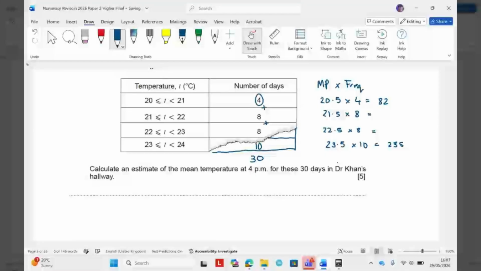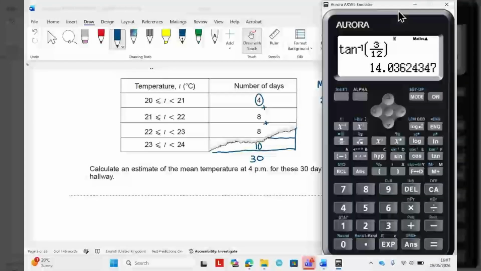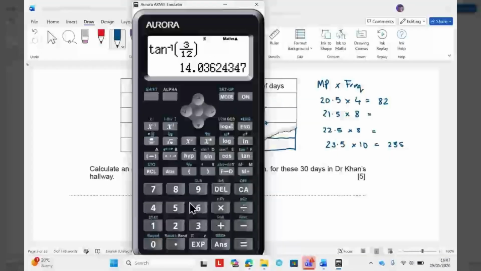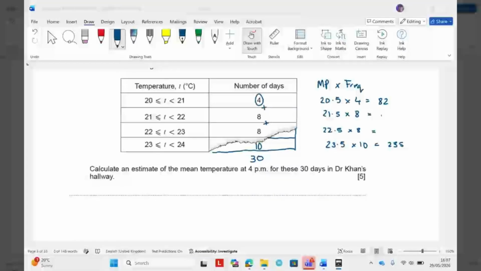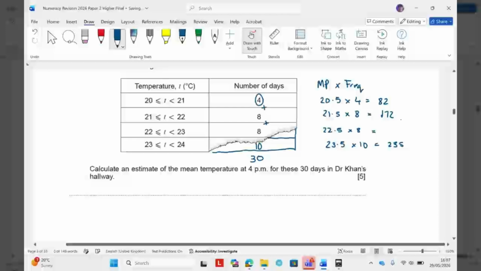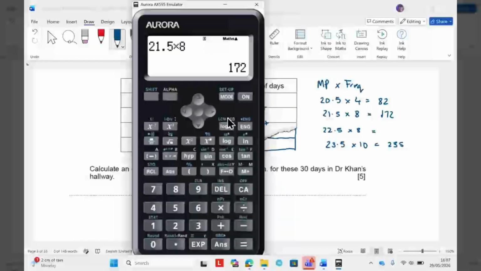Let me just grab my calculator for these two. So let's go to 21.5 times 8 equals 172. Back to calculator. And